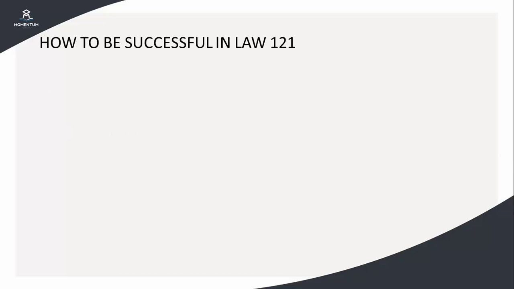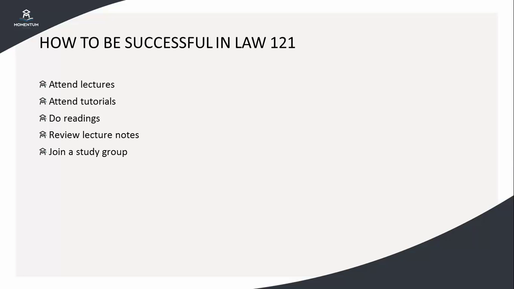There are some basic things that you can do in order to be successful in Law 121. The first being that you attend lectures and tutorials where you can ask your tutors questions to clarify anything that you may be uncertain about. It's also important to do your readings and to review your notes after class to make sure that you've understood what the content of the lecture is about. Joining a study group is also a good idea because you get to talk through the content and clarify concepts